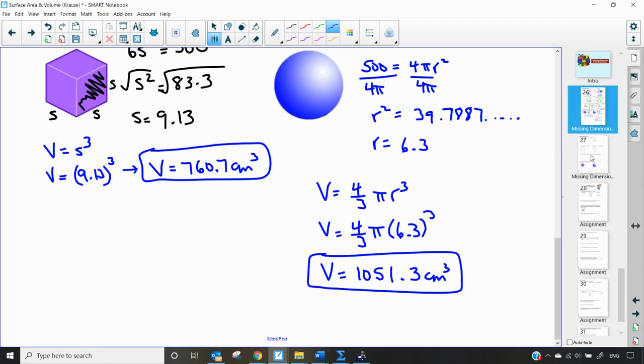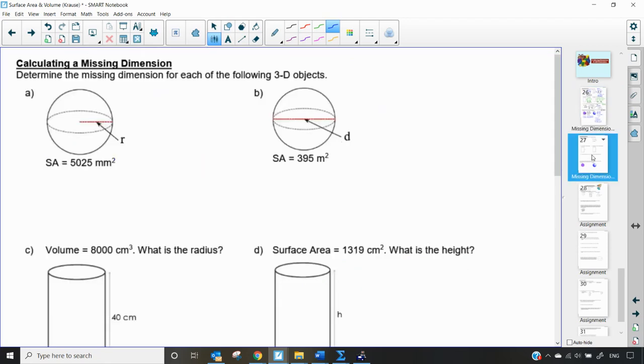All right, now we're going to take a look at these examples one more time. We're not going to actually do the calculations, but we are going to look at how we would convert these if we had to convert units. So for the first question, we're told that the surface area is 5,025 millimeters squared. Now, if I was asked to convert this to centimeters squared, I know that there are 10 millimeters equal to 1 centimeter. So if I want to go from millimeters to centimeters, typically I would divide by 10. If I want to go from millimeters squared to centimeters squared, I'm going to divide by 10 squared, and that would give me